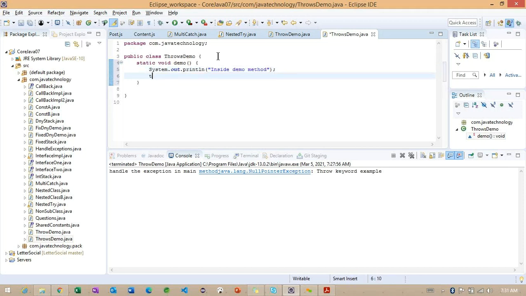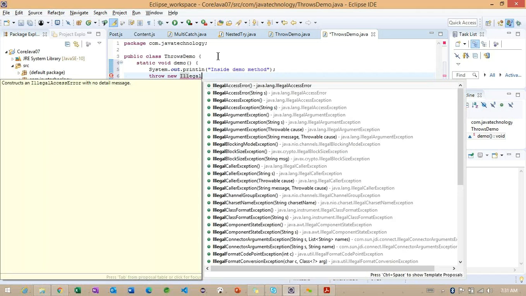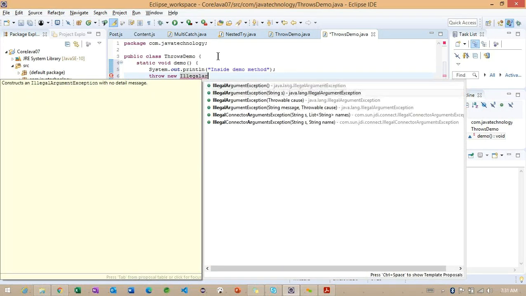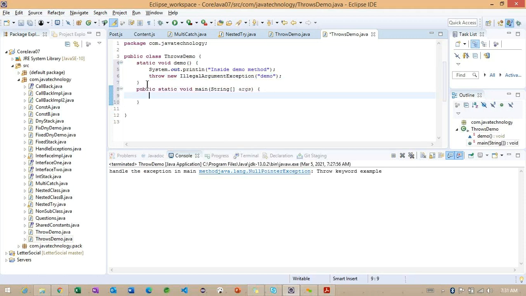So now what I'm doing here, I want to specify the illegal argument exception here in a simple demo. So this is the one method we are creating here, and now I'm working with the main method.